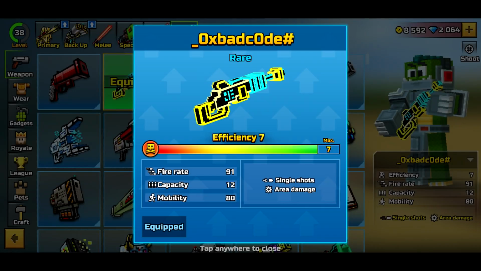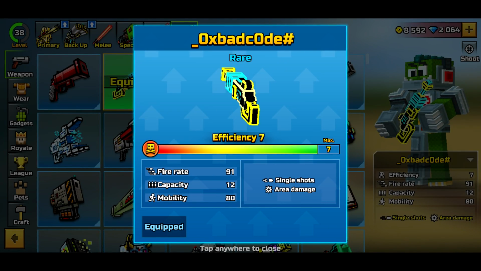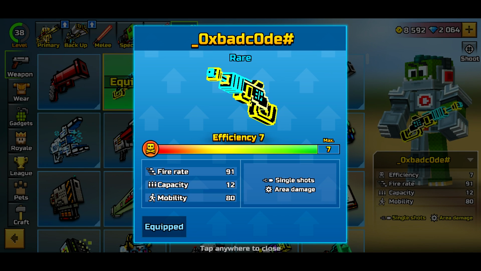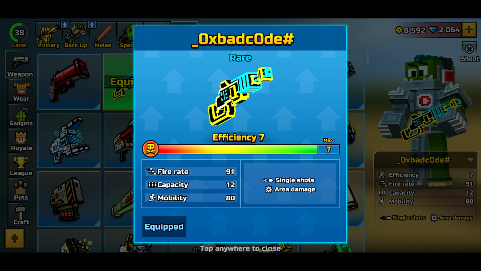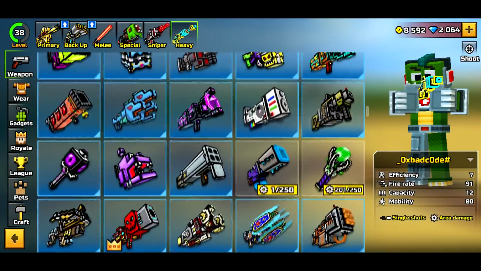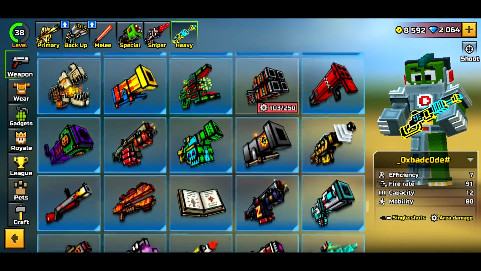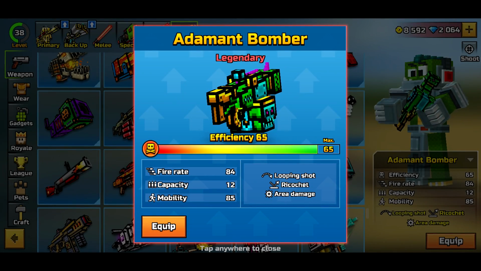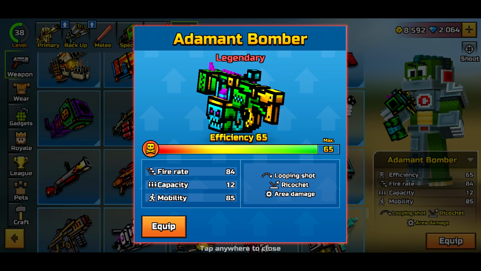Alright, so for the heavy section, it was really difficult because I really don't like any of the heavy weapons that cost coins, so I would highly recommend that you spend gems or just play the campaign to get the OX bad code. But if you do insist on buying something with coins, I would recommend that you buy the Adamant Bomber. So this thing costs 265 coins, I believe, and you can unlock it at level 17, so it's